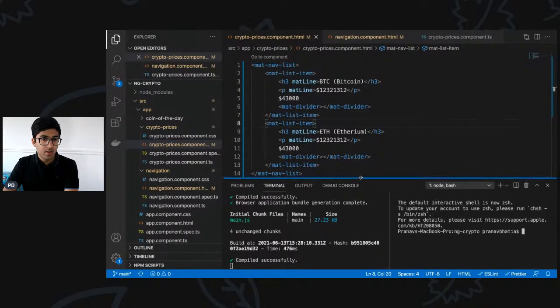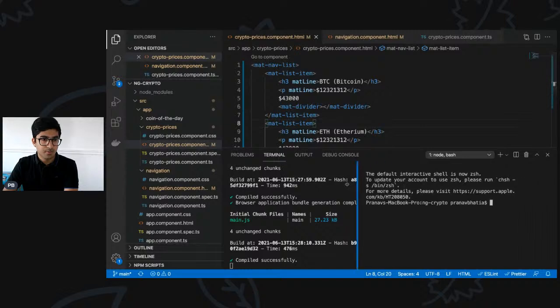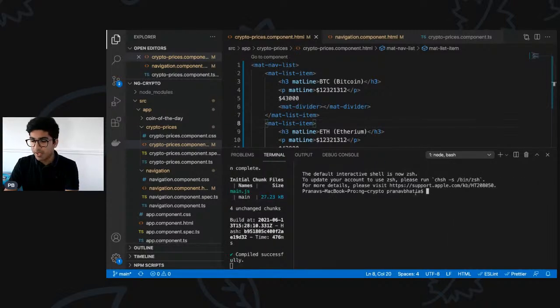So for that, Angular CLI has given us a very simple way to create a service in any folder we want. So I'll just show that to you right away. The shortcut is nggs, which basically means ng generate service. I'll also add that in the comment so that everyone can see it. Then the service name or the path. So basically, I'll be saying nggs. This is a service that will help the crypto prices component. So I'll just create it inside